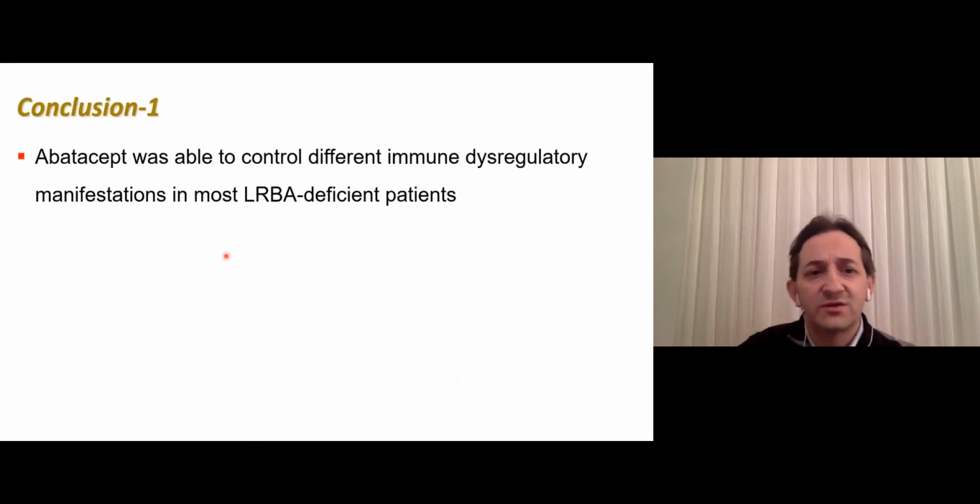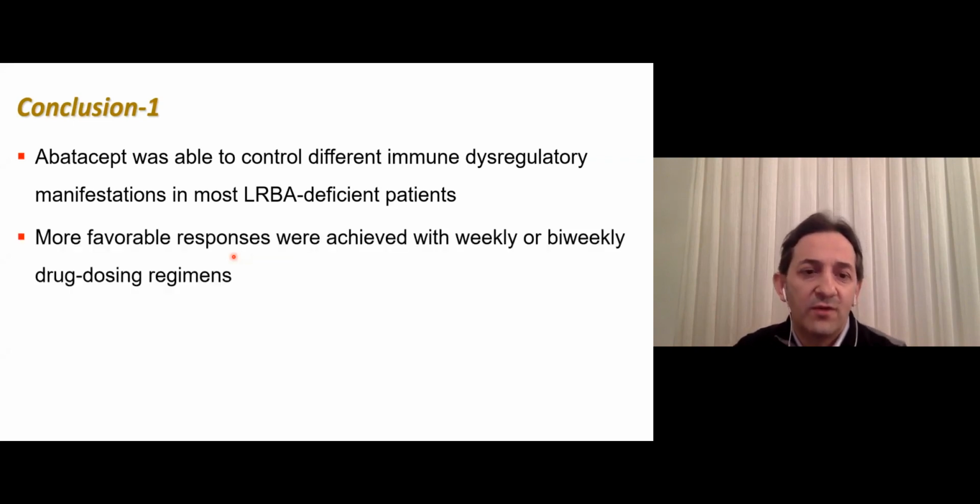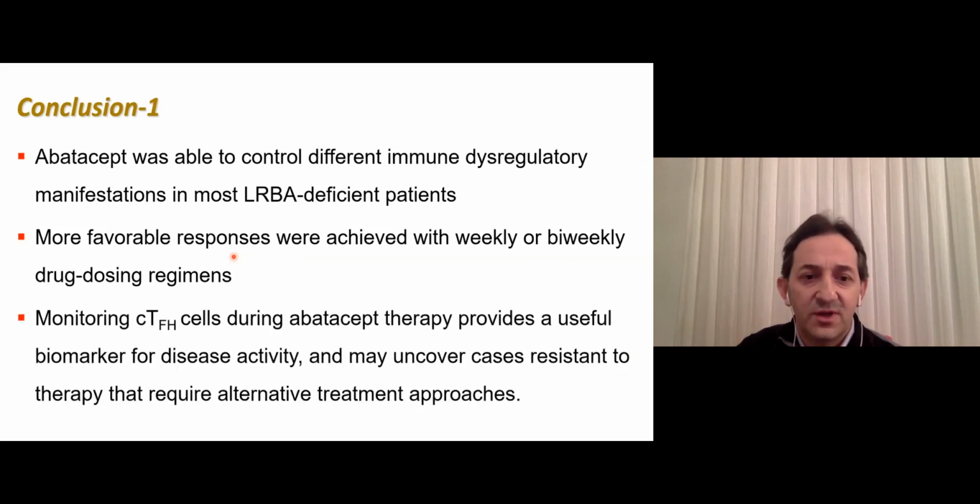So to conclude this part of the study, we showed that abatacept was able to control different immunoregulatory manifestations in LRBA deficiency, and more favorable responses were achieved when the drug was started with weekly or bi-weekly regimens. And we showed that TFH is useful to follow the disease activity, and also to identify patients who can be resistant to therapy, which requires alternative